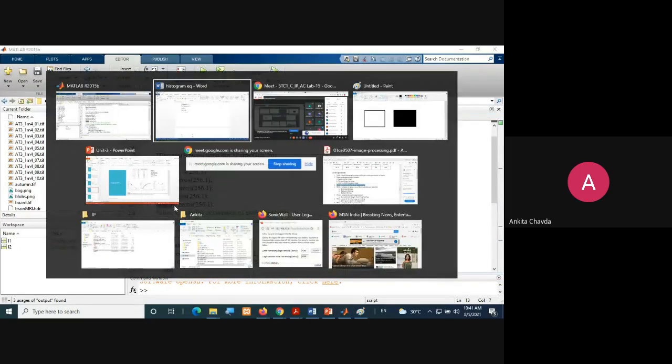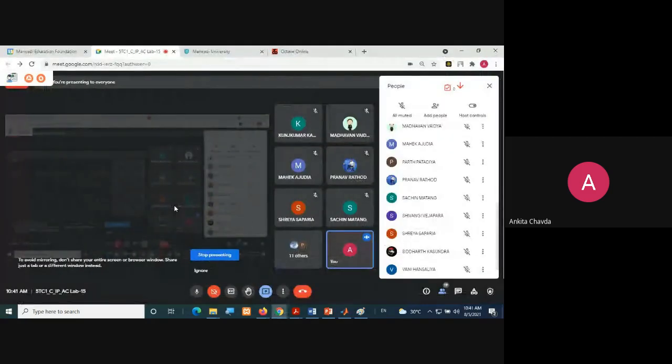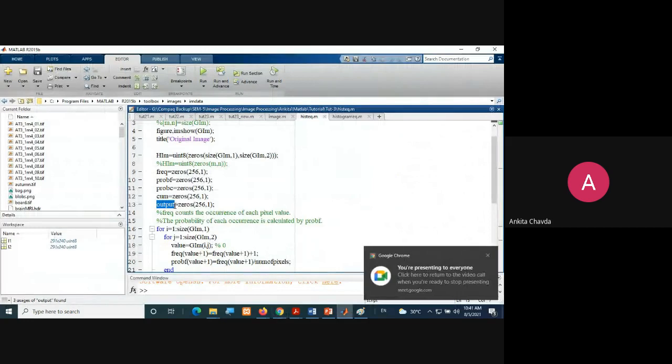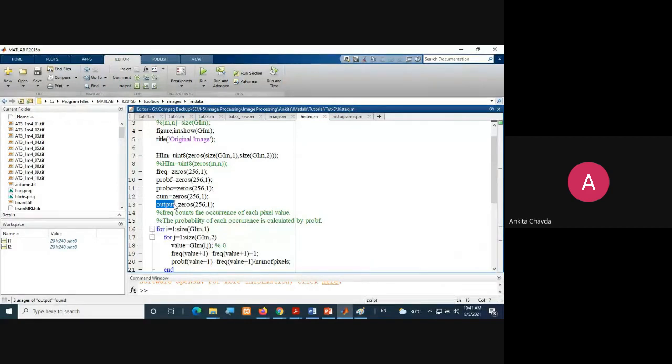Into this output, I will be having the new intensity values. Like 1.66 was mapped as what? 2, right? So that 2 will be stored over here into this matrix. Fine. So I have just created a few vectors which I'll use further.